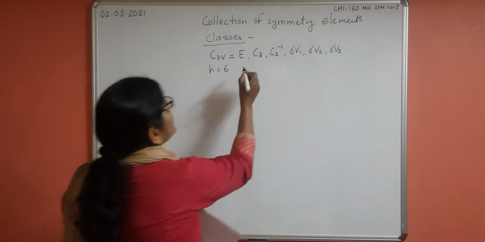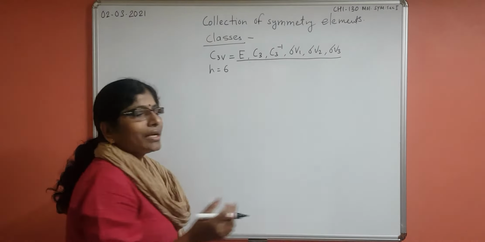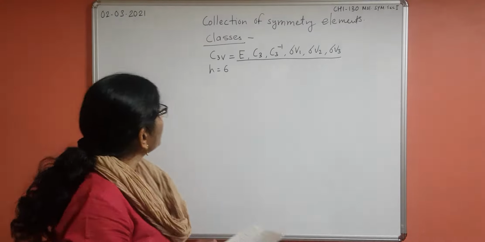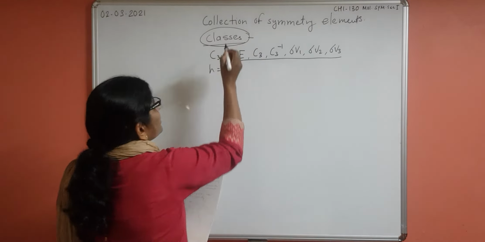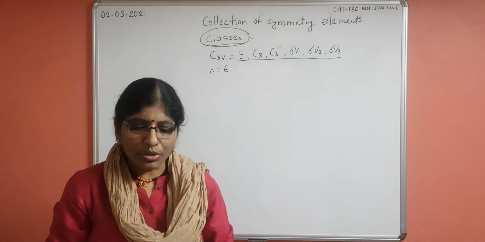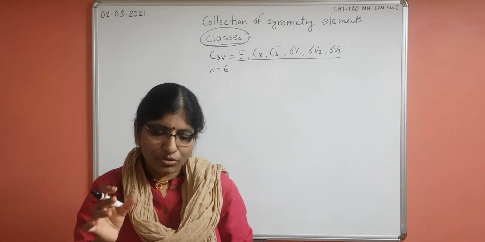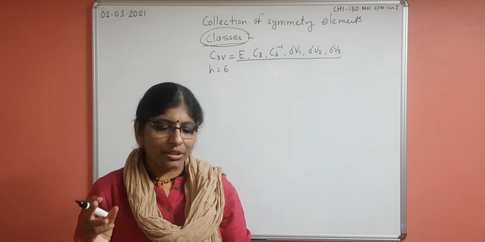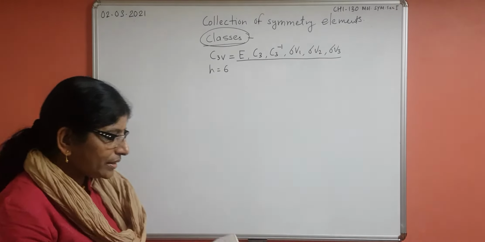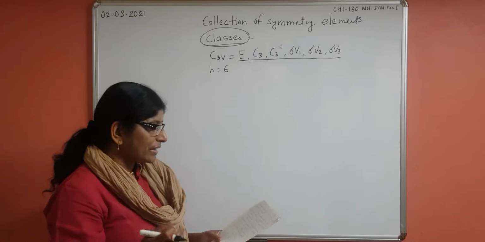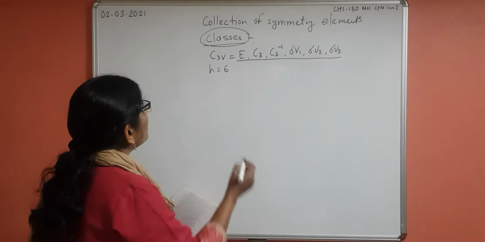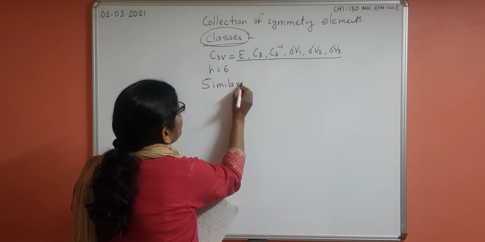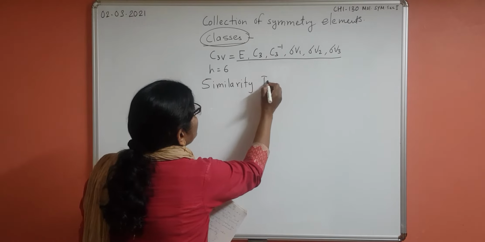Now, how to classify these symmetry elements, whether they are in one class or in different classes? For that we need to have some procedure. So what are classes? According to molecular symmetry, the definition of classes is nothing but sorting out the elements of a point group. We are just going to sort out how many axes of symmetry, how many planes of symmetry, and whether they are conjugated with each other, and for that there is a method. To understand how to rearrange these elements into classes, we need to know a new operation called similarity transformation. This is an important area from the syllabus.